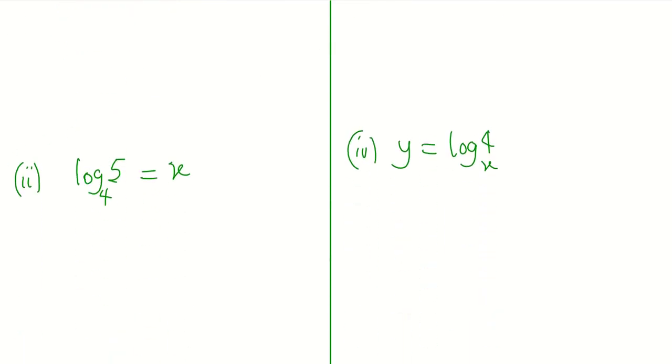we can think of logarithm of 5 to the base 4, which is equal to x. So this implies that the 5 is going to come here, and then the 4 is going to take x. So our final answer now becomes 5, which is equal to, now 4 takes x, so 4 is going to have the exponent of x. The next example,